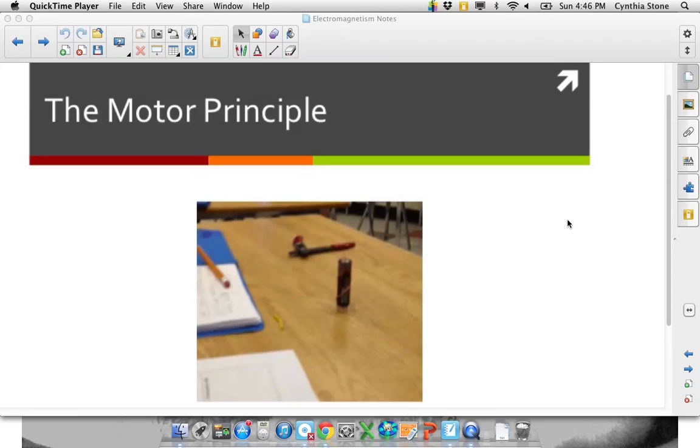Okay, so here we are, the motor principle. This is one of my favorite lessons and topics of the year. Unfortunately, this video is not running, but I'm going to show this to you sometime. This is a great little electric motor you can make, and